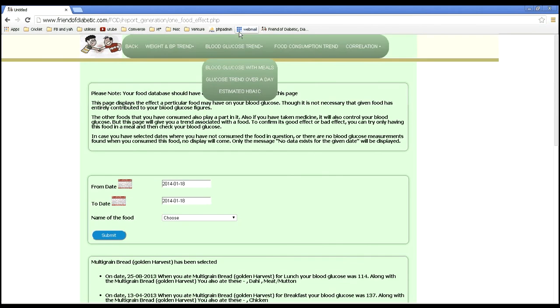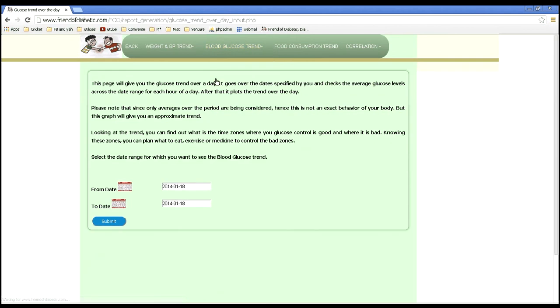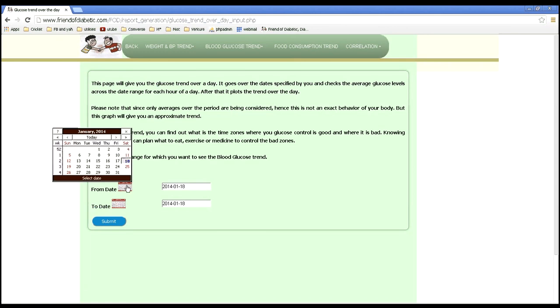There are two more interesting analyses. One is glucose trend over a day. Now this does not reflect accurately your body's exact pattern of glucose metabolism, but it gives a very rough approximate trend. So let's see. Suppose you select a date range